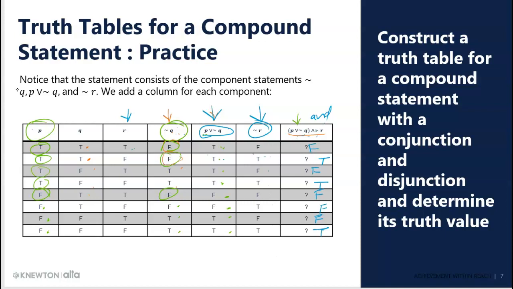And let me just double check. 2 trues, 2 trues, 2 trues, yes. So this final column here is actually my answer to the compound statement for the truth table. It has a whole column for the answer. Okay, so that's what we did in the last video, only with 3